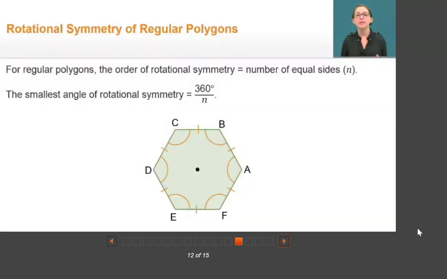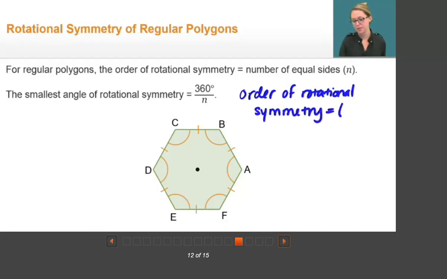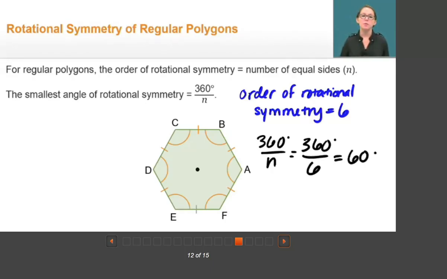Now, let's consider this regular hexagon. The order of rotational symmetry is 6 because there are 6 equal sides. So the order of rotational symmetry is equal to 6. The smallest angle of rotational symmetry is 360 degrees divided by the number of equal sides. Well, we know that there are 6 equal sides, so 360 degrees divided by 6, that's 60 degrees. So using this formula, we found that every rotation of 60 degrees will map this hexagon back